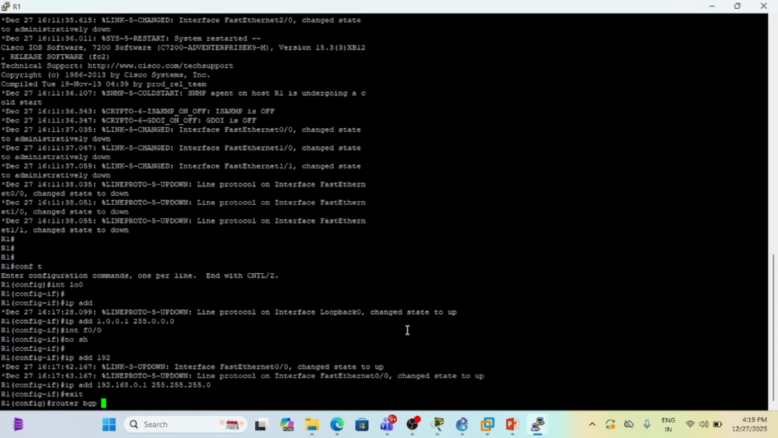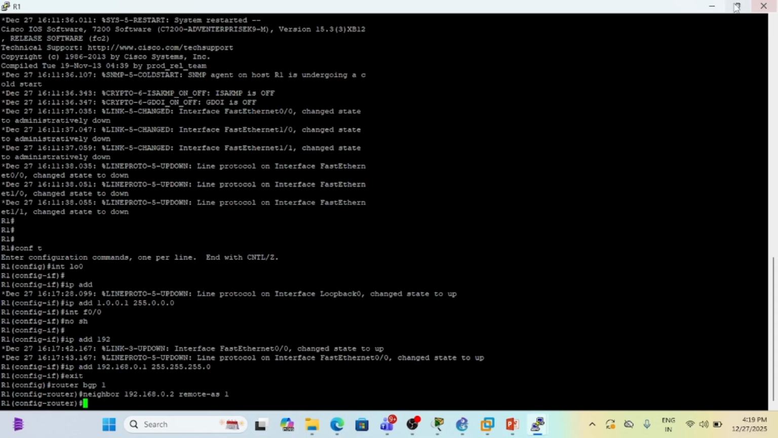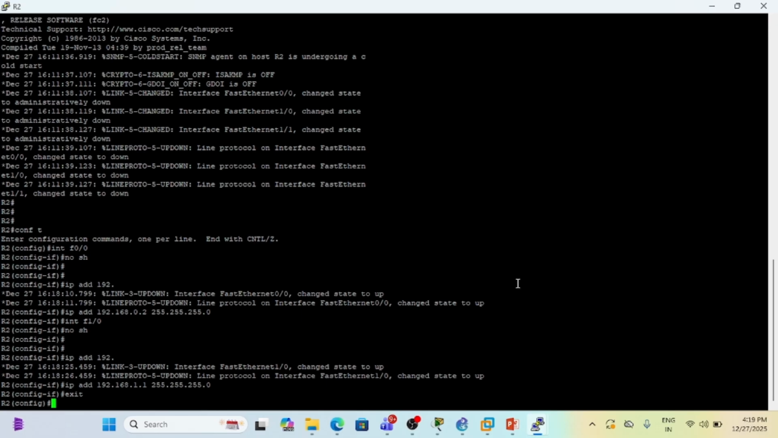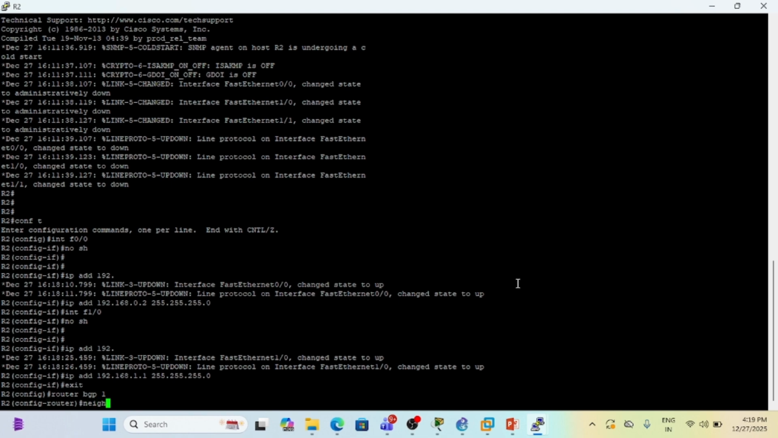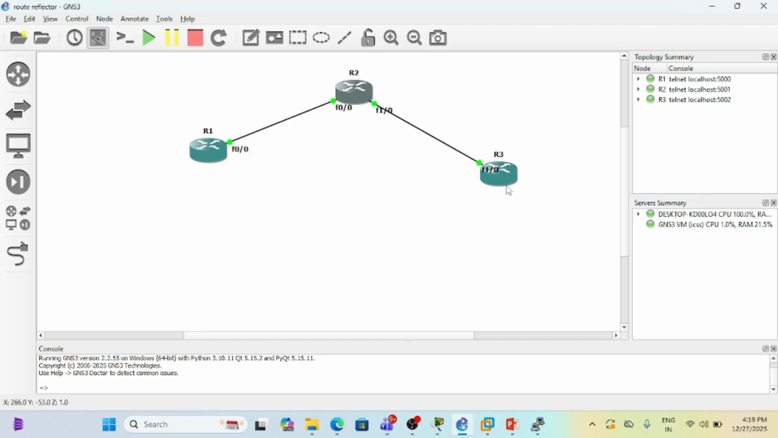Router BGP, say 1, and neighbor 192.168.0.2. Remote AS is 1, because it is in the same AS. On router 2, router BGP, same AS number 1, neighbor 192.168.0.1, remote AS 1, and also here